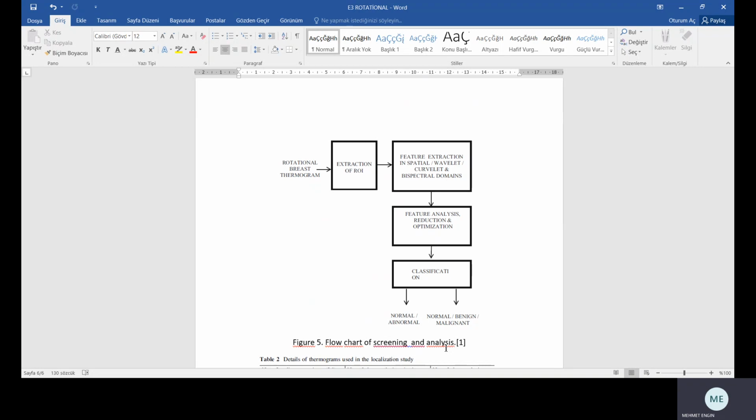Now, localization of breast pathology using rotational thermogram series. As discussed earlier, images are acquired at angular increments of 30 degrees, resulting in a series of 12 thermograms. Given the size of the breast, there is a partial overlap of the regions in successive thermograms of the series. To ensure that the entire breast is examined,